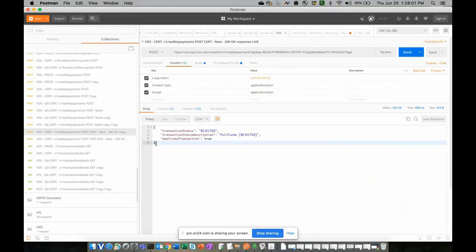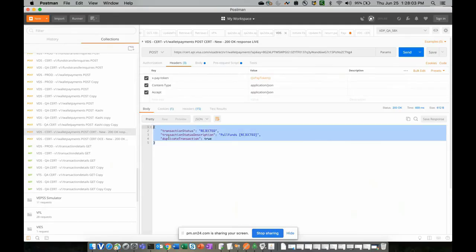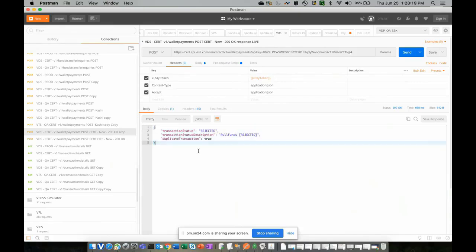Okay, so now the XPay token was generated, and since it's a valid XPay token, it's done all the authentication, and the call went to product. So now product returned the successful response, which is what you see in the response body here. Now Abhishek has one more demo for you using Python.